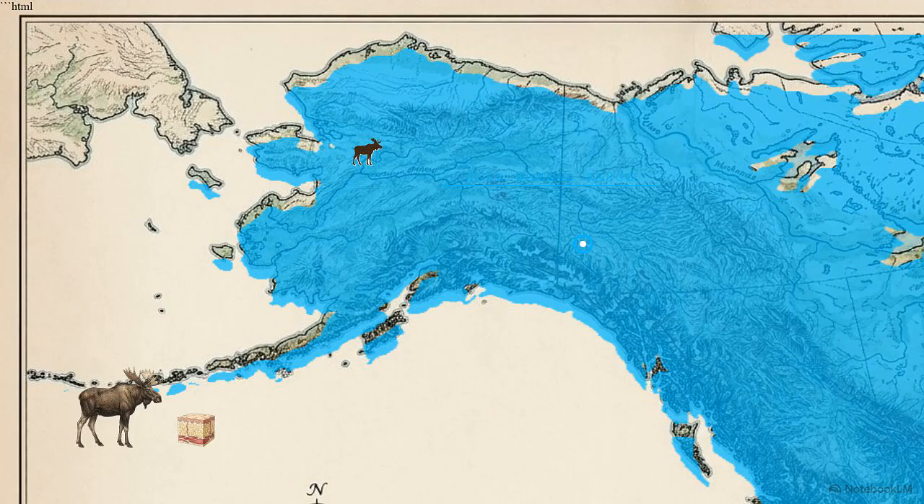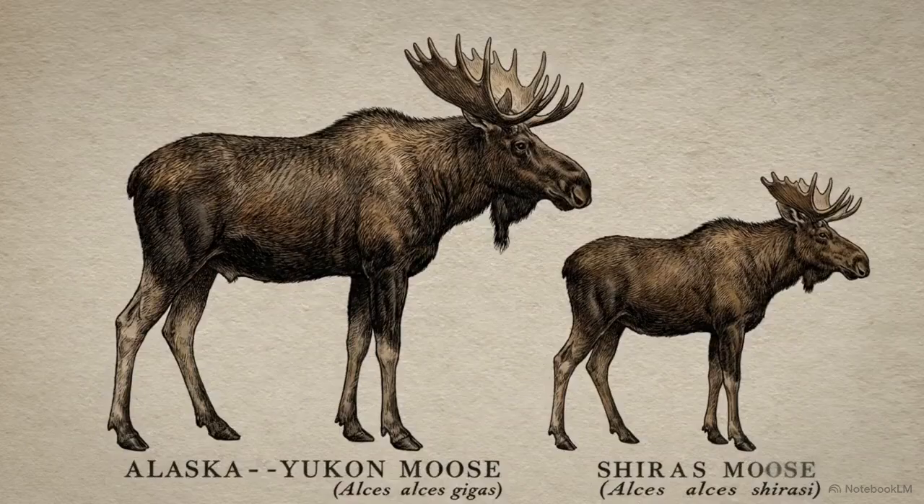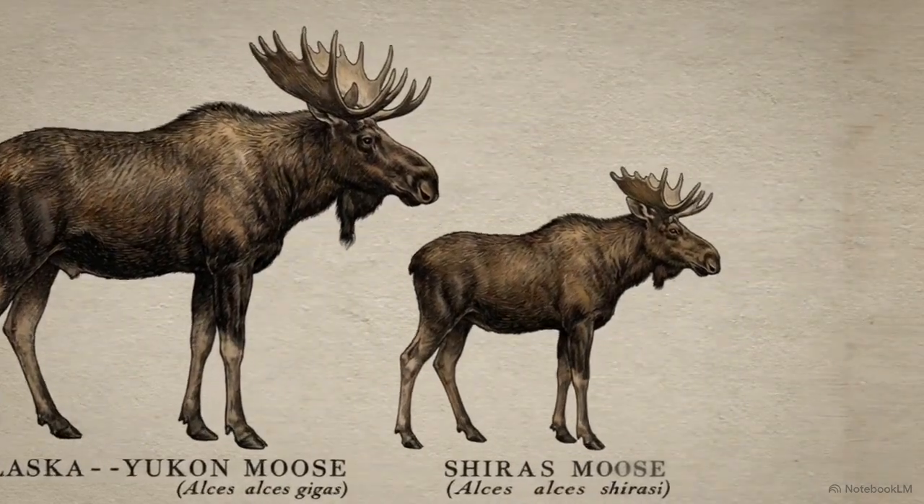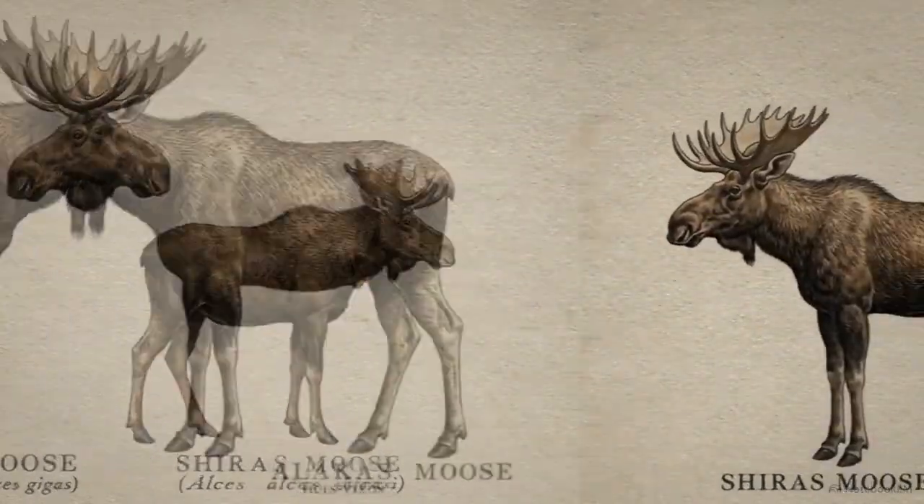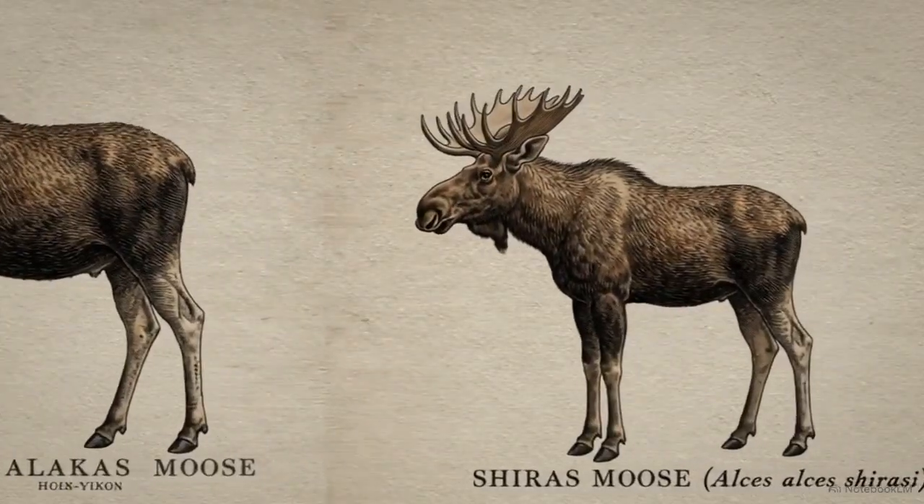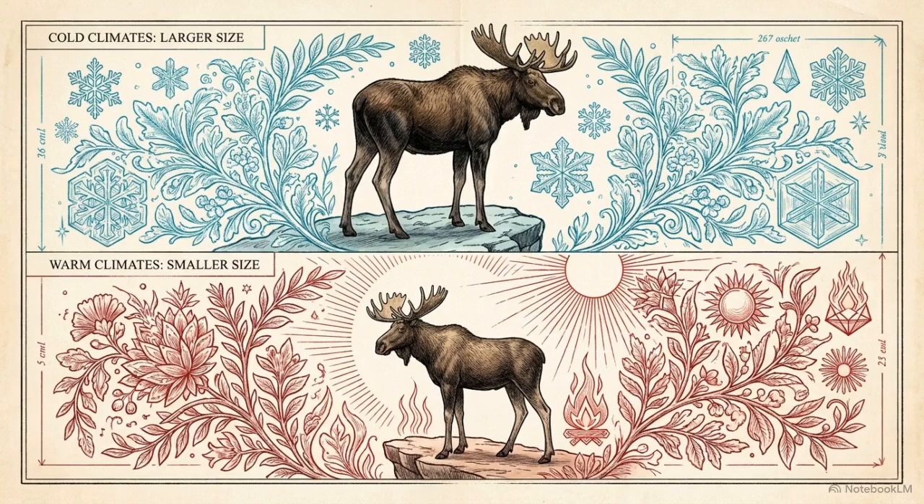But if we follow the Rocky Mountain corridor south into Wyoming, Utah, and Colorado, we reach the extreme equatorial edge of the species range. The moose here belong to a specific subspecies, the Shiras moose. They are noticeably smaller than their northern relatives. This is an expression of Bergmann's rule, a physiological adaptation where species in warmer climates have less body mass to